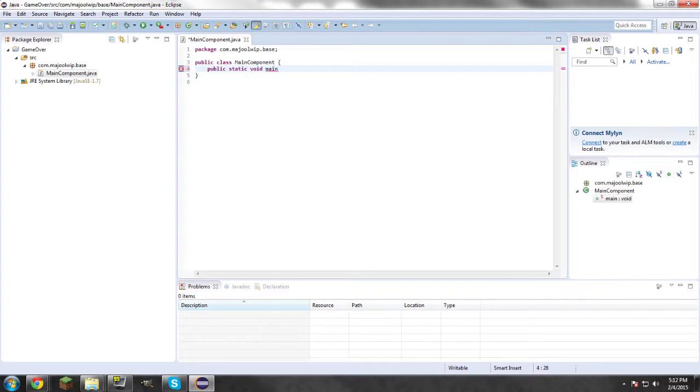Okay, and then in parentheses after that, we'll write capital S String space args, and then square brackets, open and close square brackets. Go to the end of the line, open brace, hit enter, and your close brace or bracket, or however you want to name it. And there we go. Now we're going to write our one line of code inside of that, which will be